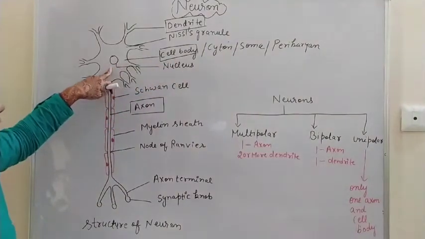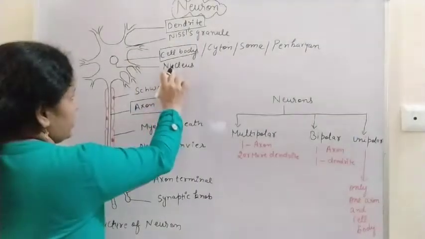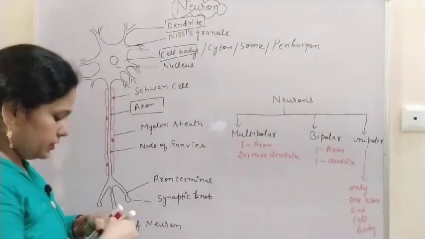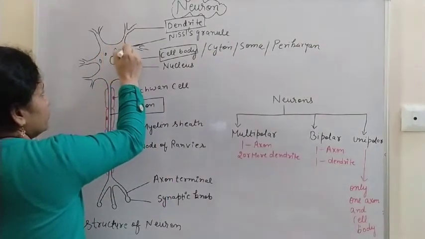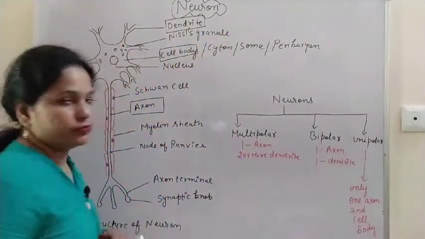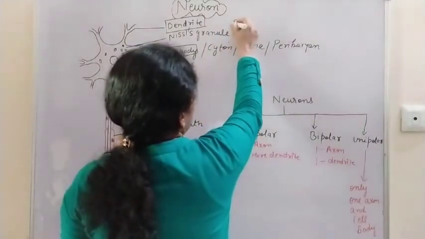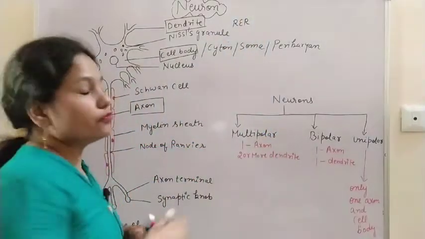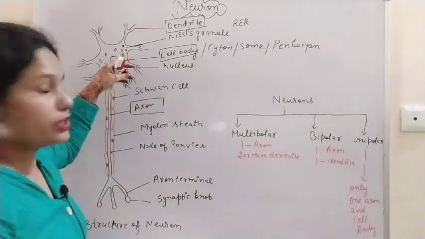It is like a typical animal cell having the nucleus in the center, and the other organelles are also present. Here some small granules are there, and these granules are the Nissl's granules. These Nissl's granules are the rough endoplasmic reticulum having the free ribosomes, and these are the site of protein